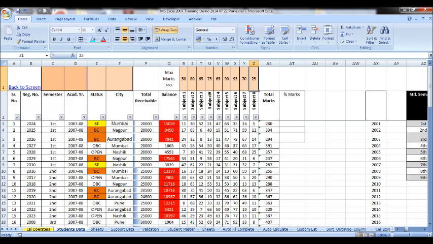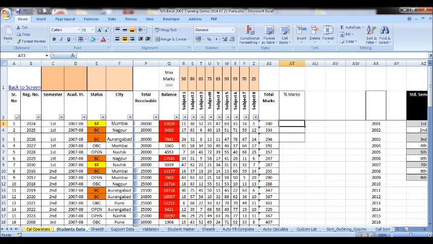In such a case, suppose we want to find out the percentage of marks in all the subjects together in these cells, we will have to refer to these cells in row number 1 for maximum marks. The very basic formula for percentage is the sum of marks of all the subjects multiplied by 100 divided by the sum of maximum marks.